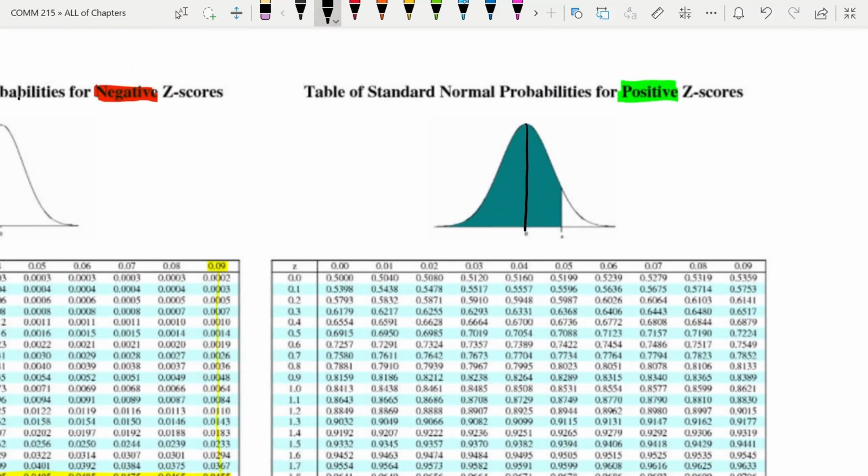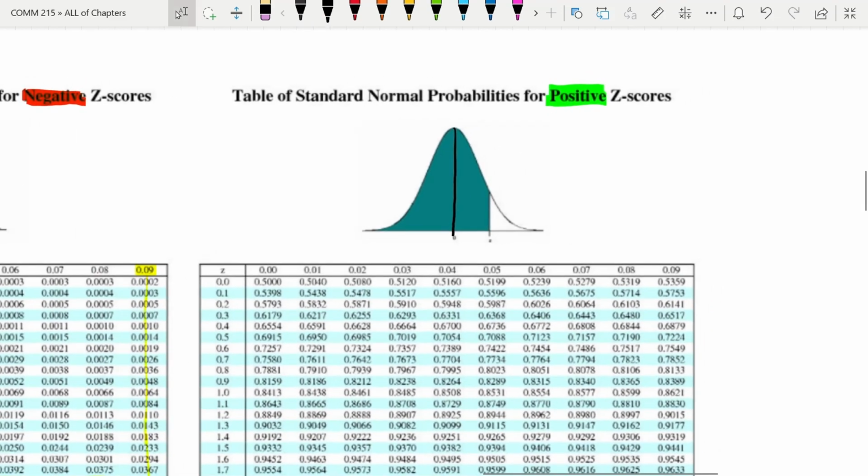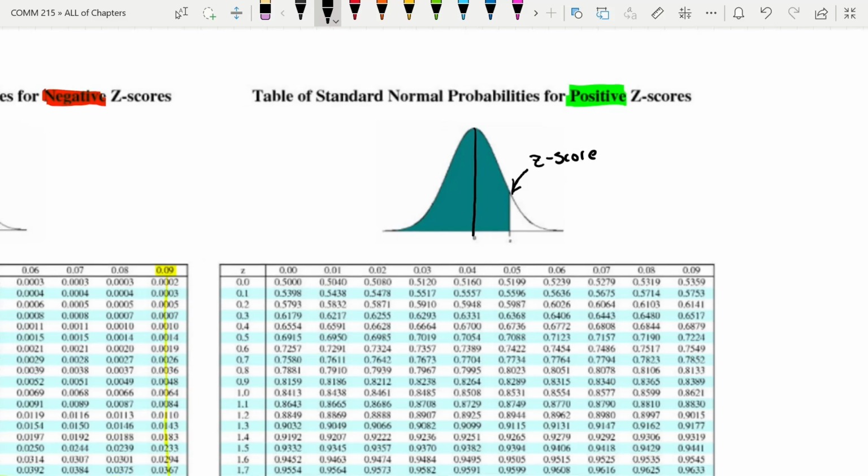I would use the positive because my z-score is positive. The line here, which is a z-score, is pretty much just the line that separates it, and your z-score represents how far you are away from your mean. So this would be your z-score. And so like I said,